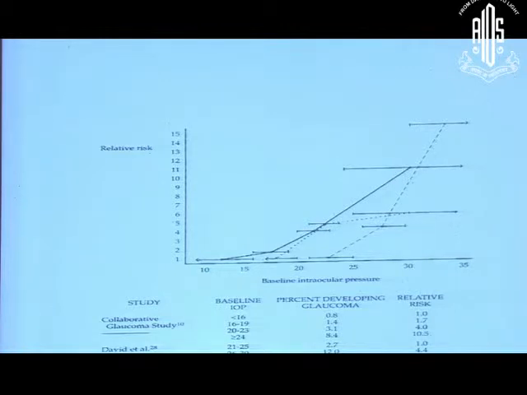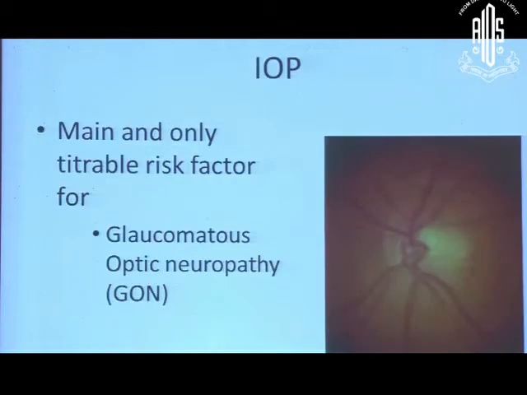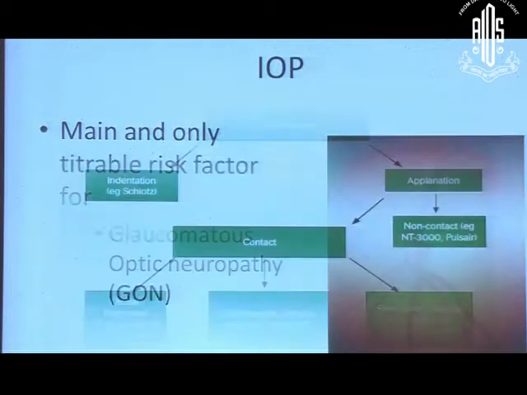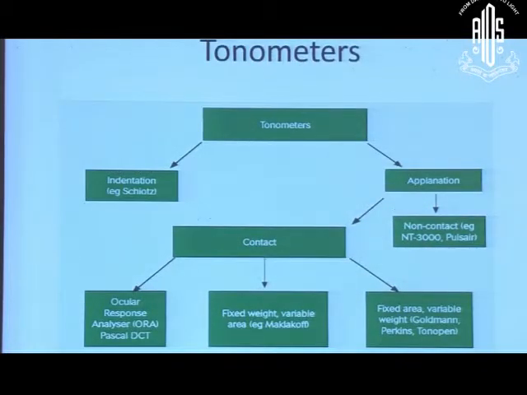Now let us understand how to define glaucoma today, and the best way to do it in your exams is, please mention glaucoma as an optic neuropathy where the main risk factor is IOP. So that would be the contemporary definition, and that is the importance of IOP in glaucoma. It is the main and the only risk factor that we have some control on in glaucoma treatment. So if IOP is so important to us in glaucoma, it is only logical that we should know if the IOP you are measuring is actually correct.